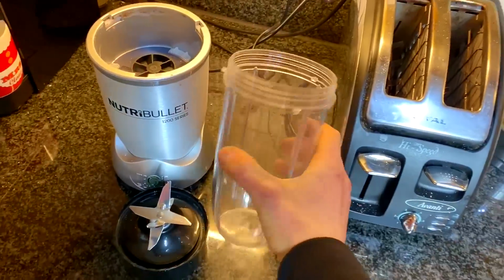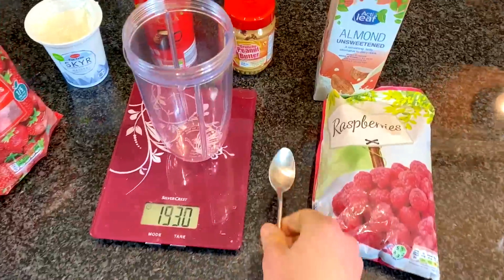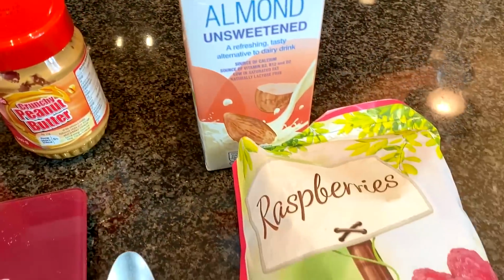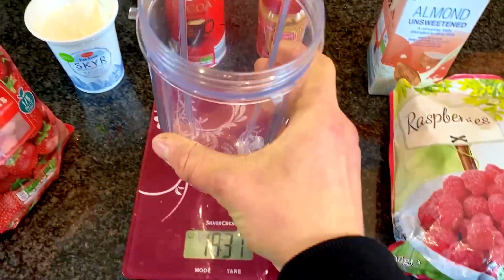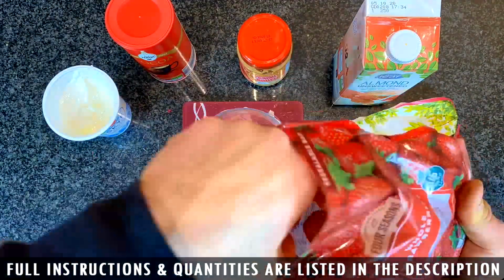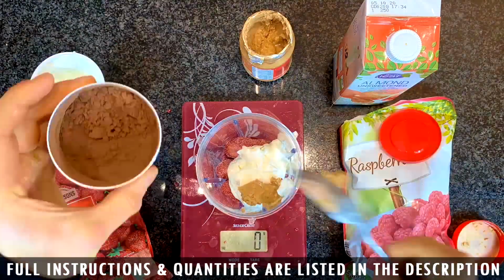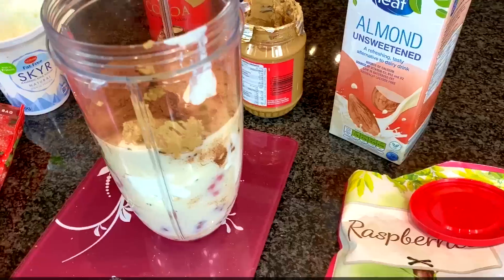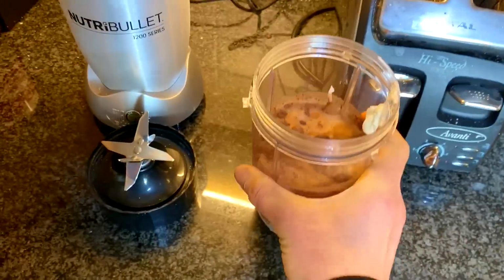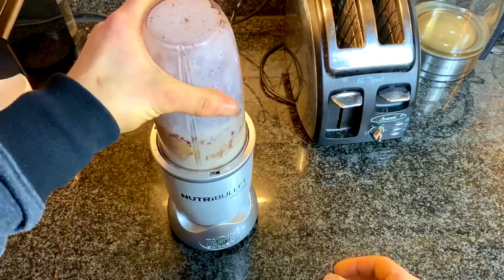Right, I don't care who you are, whether you can boil an egg or spread jam on toast or not, you can make a bloody smoothie. Okay, so you just get all of your ingredients and plug them into a smoothie or a blender. You're gonna need 200 grams of any frozen fruit, 300 mils of almond milk, 150 grams of Skyr or any sort of low-fat, high-protein Greek yogurt, 15 grams of peanut butter just for the bit of creaminess, and 5 grams of cocoa powder. All shoved in a blender, mix it up, and